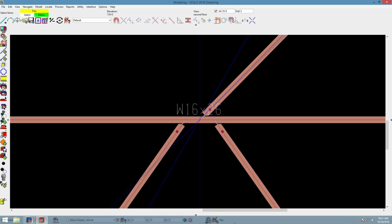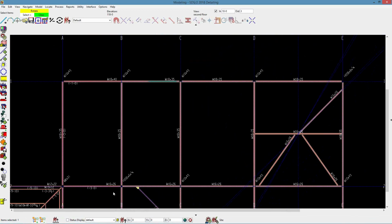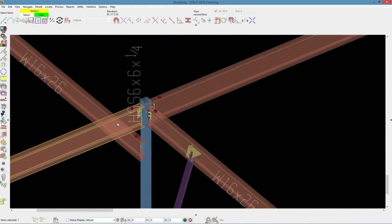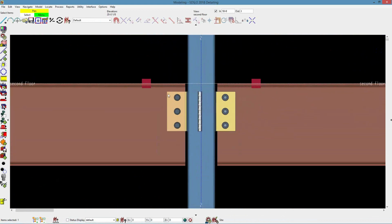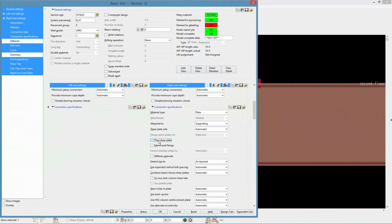With through shear plates that connect two beams with different rows of bolts, SDS2 now has an option to use a cope on through shear tab. And we'll find that over here. So if we edit this beam, and we'll change it to a shear plate, a through shear plate,